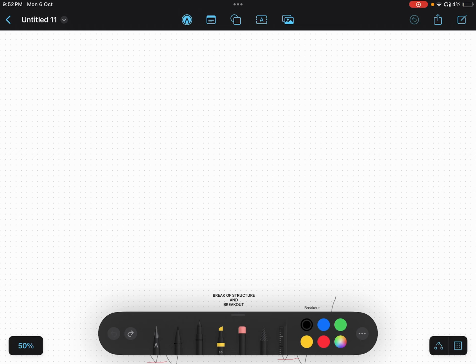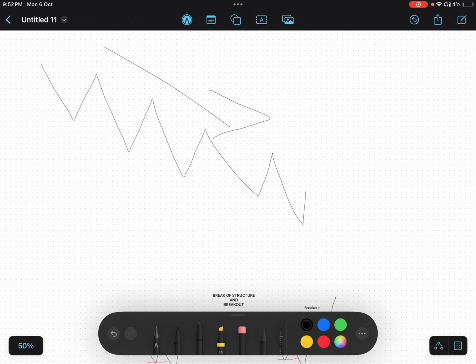So where the breakout happens and where the breakout structure happens, you need to understand this too. The breakout happens on a continuation trend. The breakout structure happens when the reversal happens. You have the formation, like we call a bearish trend. So when we have a sweep and a breakout structure, it means the price is going to reverse, right? The trend is going to change from bearish to bullish. So when the breakout structure comes in higher time frames, the trend is going to change.